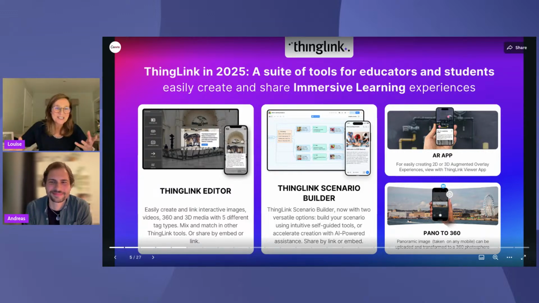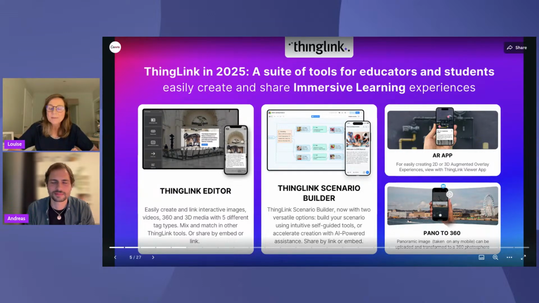And of course, it's just got better and better. Now you have the second product, the sister product, the ThingLink Scenario Builder. That is there because people were creating these wonderful scenes and saying, how can we link them all together? And actually, wouldn't it be great if you could create these branching paths throughout, which is why the Scenario Builder